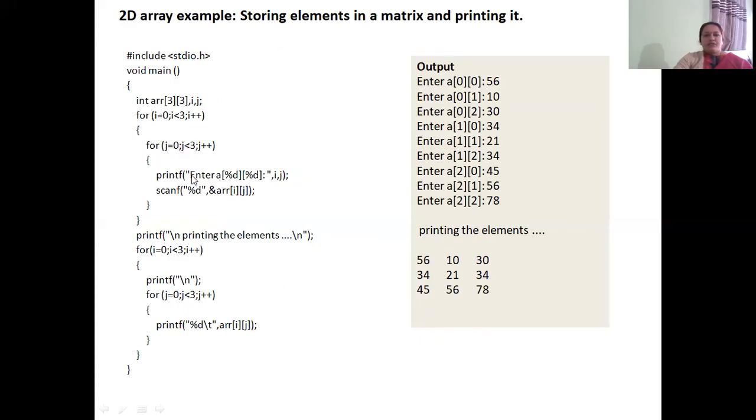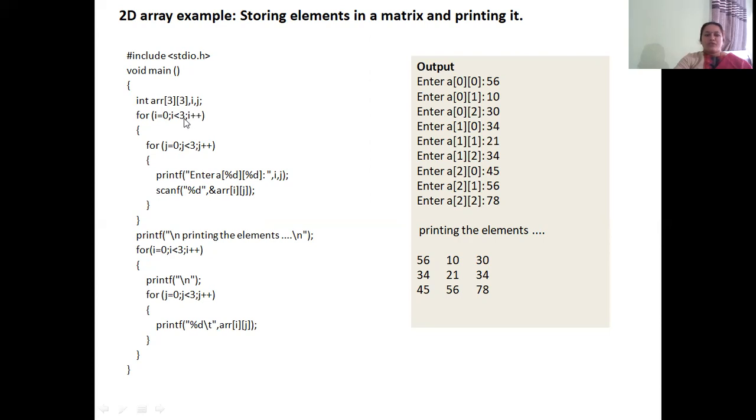Next, another example where we do runtime initialization of the array. So for that, I have declared an array of size 3 cross 3, and I will also be declaring I and j for loop counters. In the same statement, we can declare all of them. And instead of initializing manually, I have written a for loop wherein I will initialize the value of the array elements using a scanf. So again, since it's a two-dimensional array, we require 2 for loops.